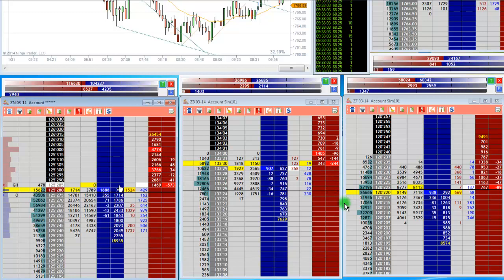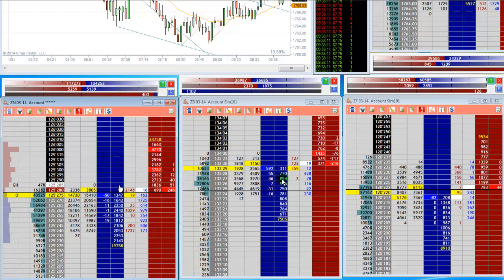When you're looking for synchronicity between the three different contracts, you want to see all three start to crack highs, and that's your best kind of breakout trade. So you have to question here, where really is ZN going to go when you don't have ZB cracking anything and ZF is way down here. So definitely a good way to look for fades is to look for when these three are out of sync